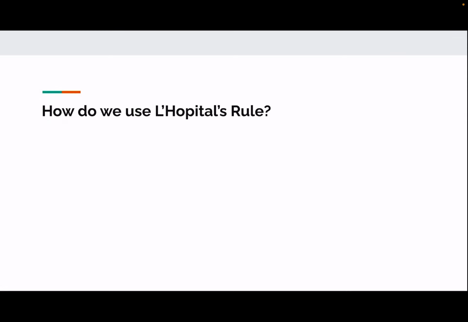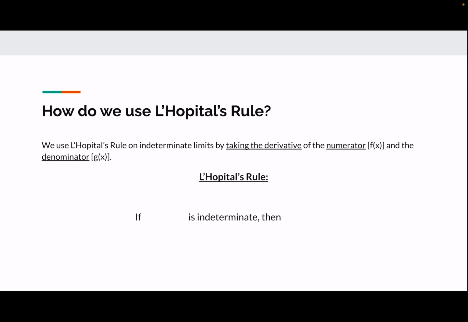Now, let's talk about how we use L'Hopital's rule. We use L'Hopital's rule on indeterminate limits by taking the derivative of the numerator and the denominator of the limit. So, if the limit as x approaches a, where a is some number, of our numerator over denominator is indeterminate, then the limit of the derivative of the numerator over the derivative of the denominator as x approaches a must equal that same limit